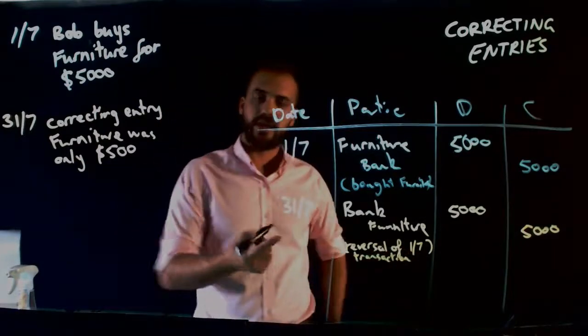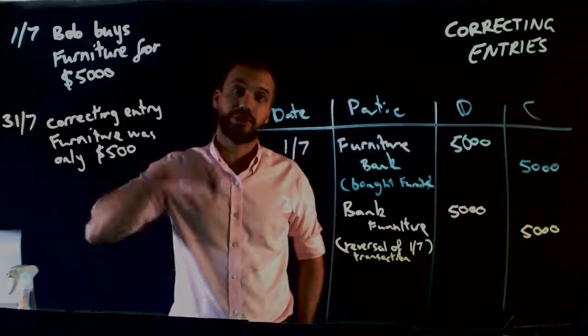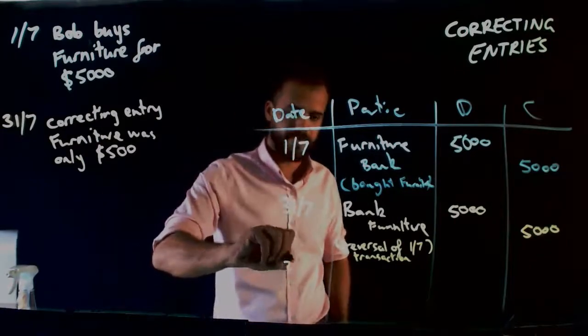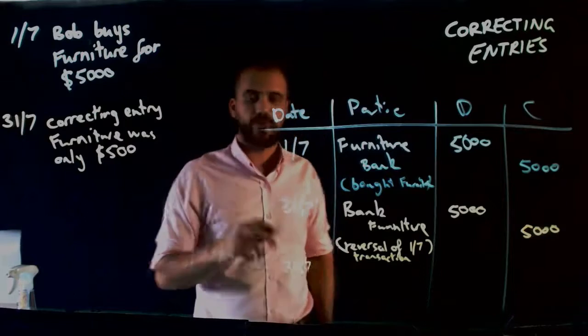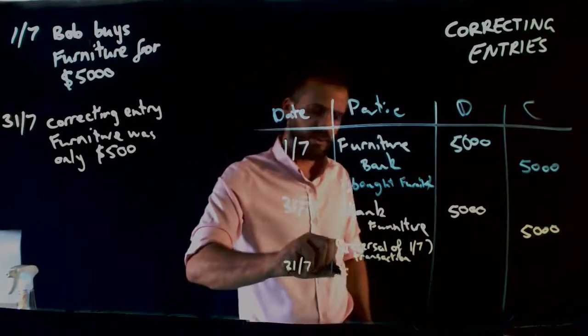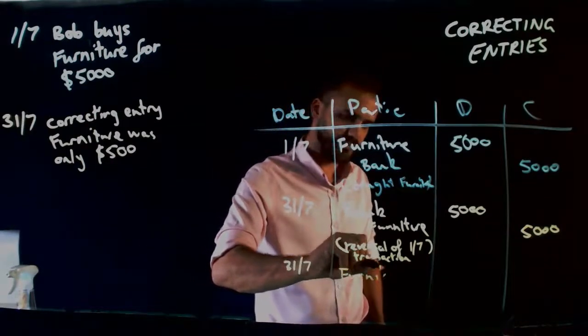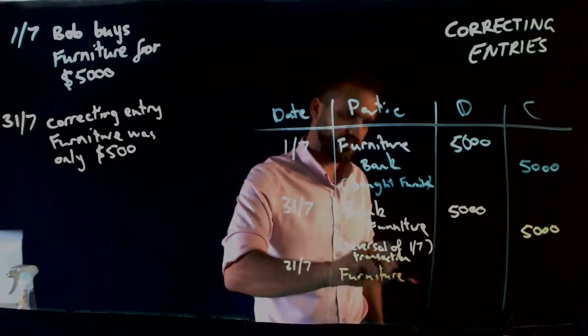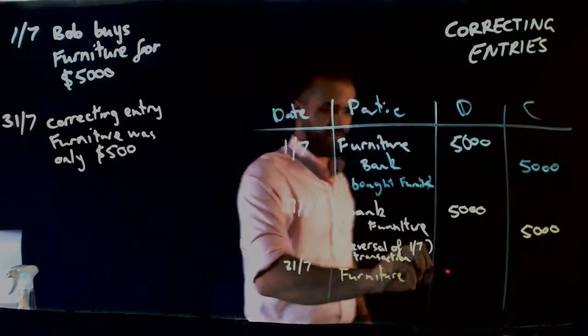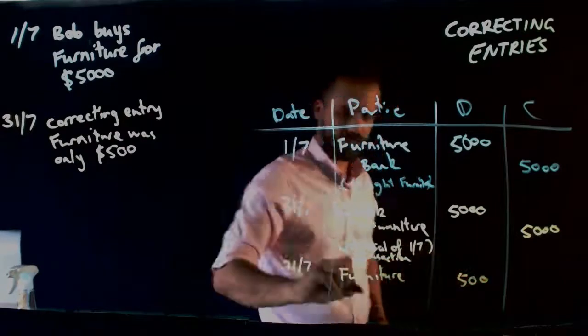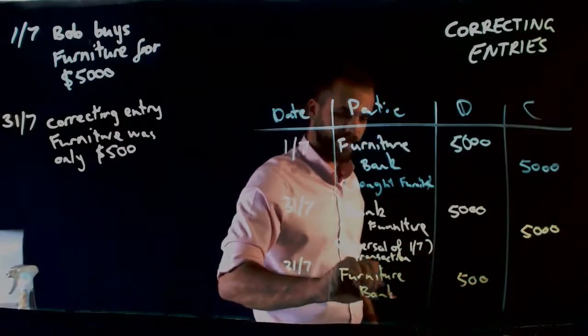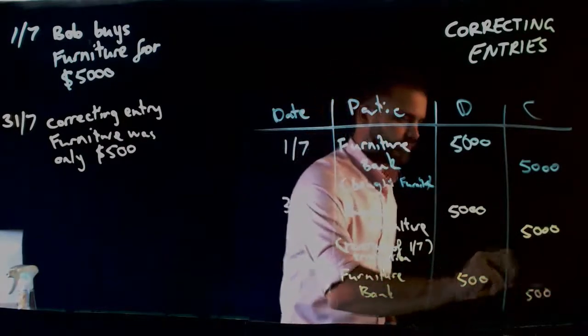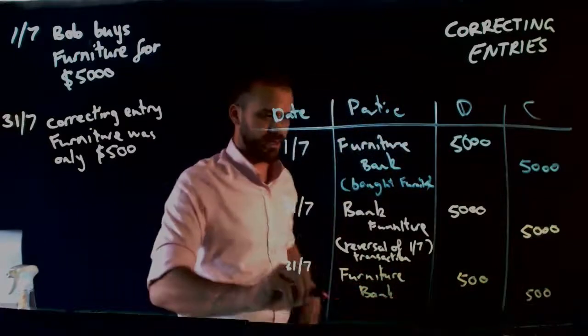Now underneath that we now need to do what the transaction should have been. Now what the transaction should have been was furniture, $500, bank, $500, and underneath that we can say